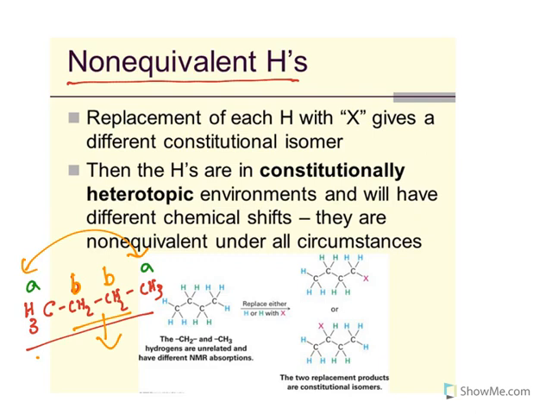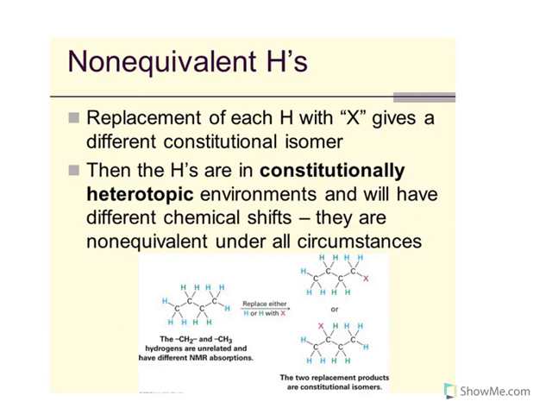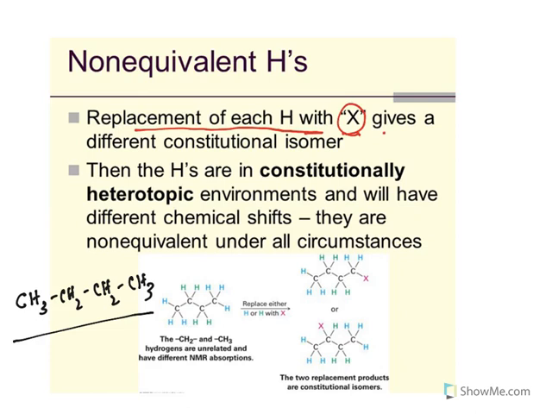The important thing in NMR spectra is that you need to identify chemical equivalence and non-equivalence of protons. When you understand how to identify equivalence and non-equivalence, you can easily tell how many peaks will come and correlate with the spectrum. In order to do that, there is a technique: replacement of each hydrogen with X. If it gives a different constitutional isomer, they are non-equivalent. Look at this.